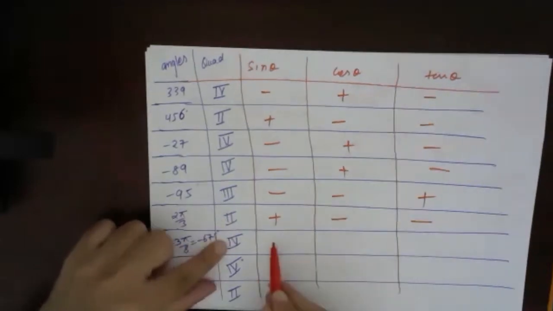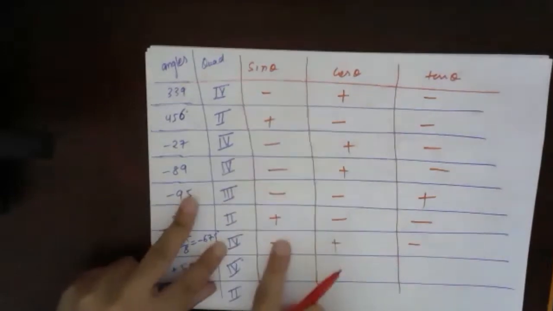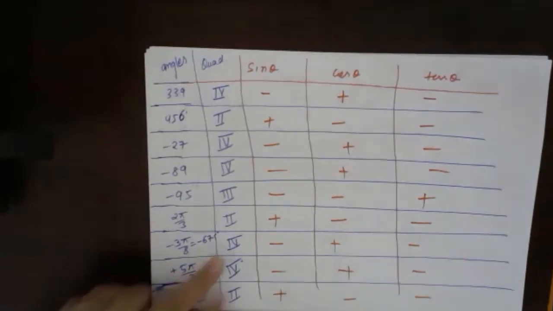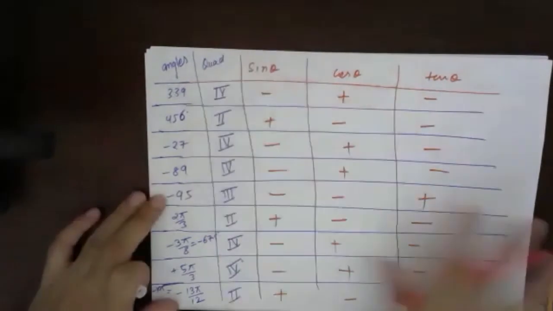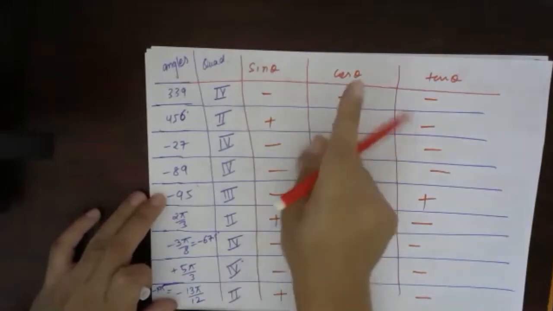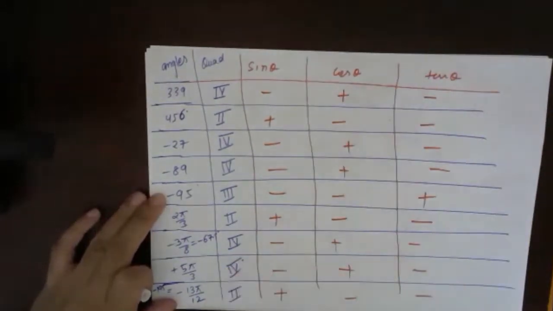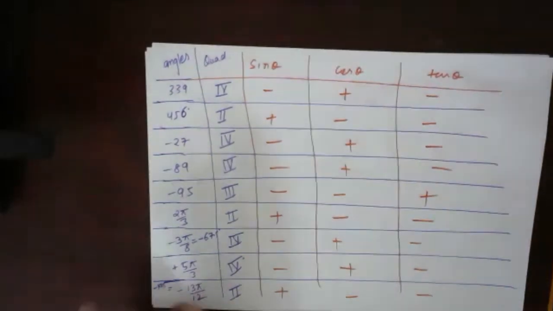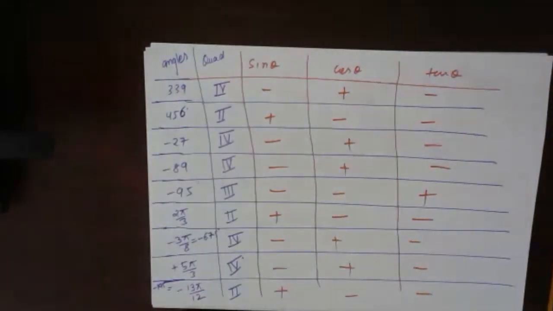Okay, no problem. Sine is positive, tan is negative, cos is negative. Don't memorize all of this, just remember: in the first quadrant all are positive, in the second quadrant only sine is positive, in the third quadrant only tan is positive, in the fourth quadrant only cos is positive. That is why I'm giving you this example. I will give you one more table. You don't have to memorize all these angles, just memorize what is important. Very good. Just check if you have made any mistake and correct it. Very good Sudhakar, very good.